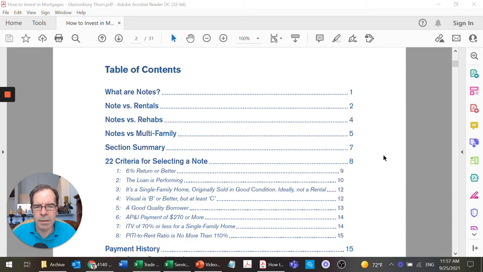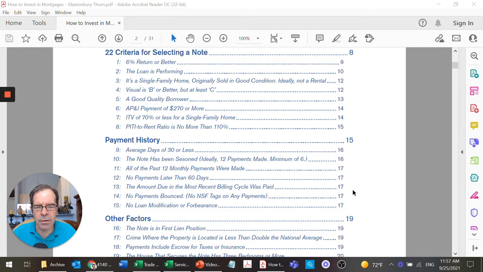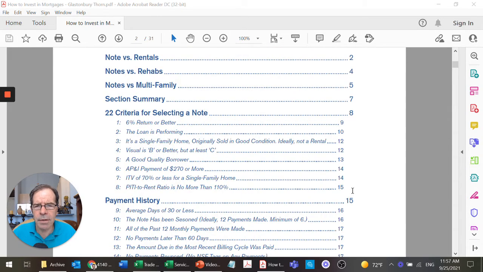And you can see in the table of contents that starting on page 8 and continuing for a while, all these pages are reviewing various criteria for selecting a note. So you read that and you say, okay, I need to keep this in mind, I need to keep that in mind. But I thought today I would unpack a little bit how I actually do this